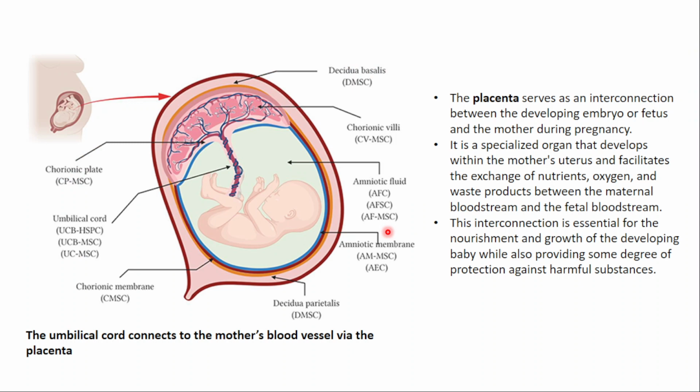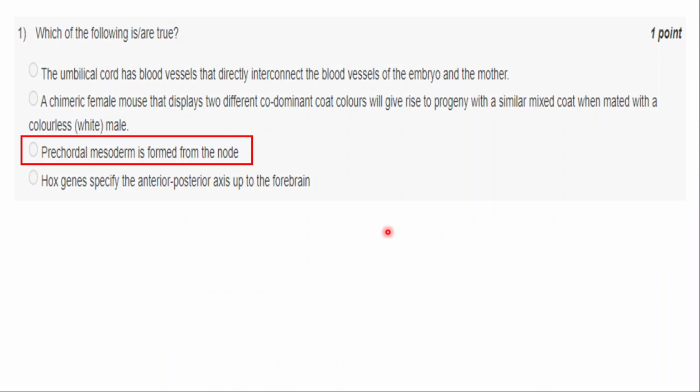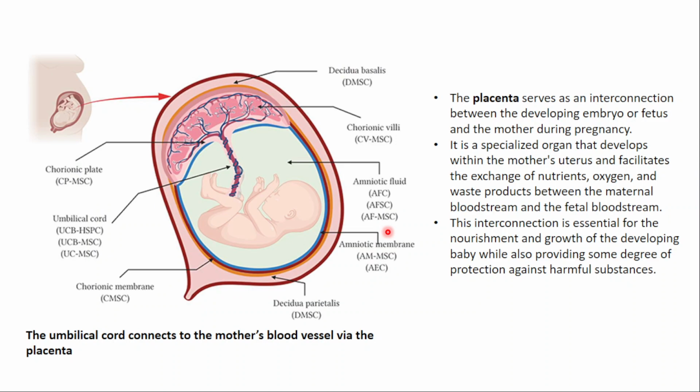So let us have a brief look at the umbilical cord. What is the umbilical cord, and what actually serves as an interface between the fetus and the mother? Extraembryonic tissues are those tissues which are formed from the trophoblast. If you remember, in the blastocyst stage the inner cell mass consists of totipotent cells which can give rise to the whole embryo, and the trophoblast is responsible for extraembryonic tissues. So the placenta is such a structure which arises from the trophoblast.